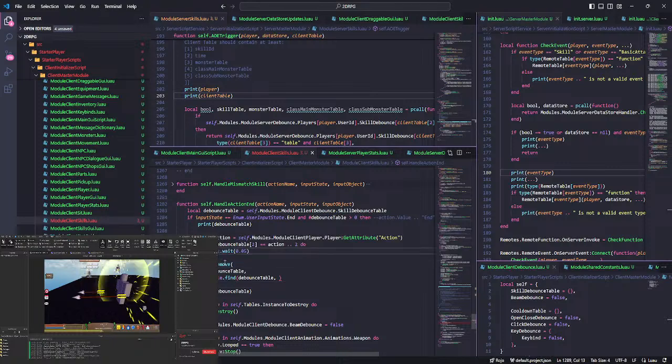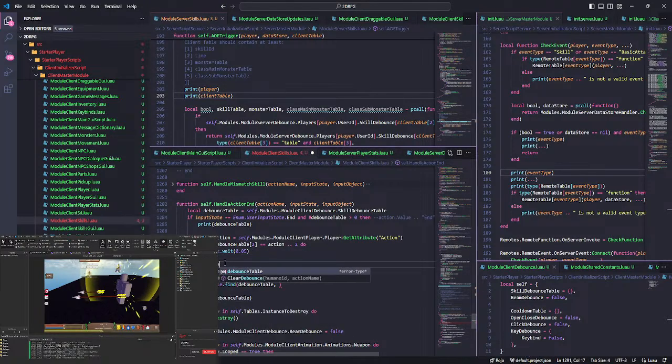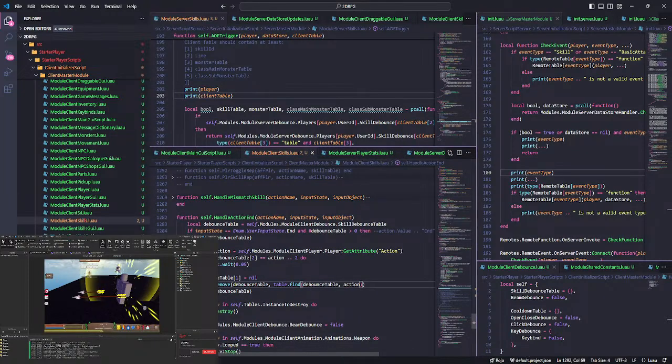Then we do debounce table 1 is equal to nil. Put action there just for the sake of record keeping. While debounce table 2 is equal to